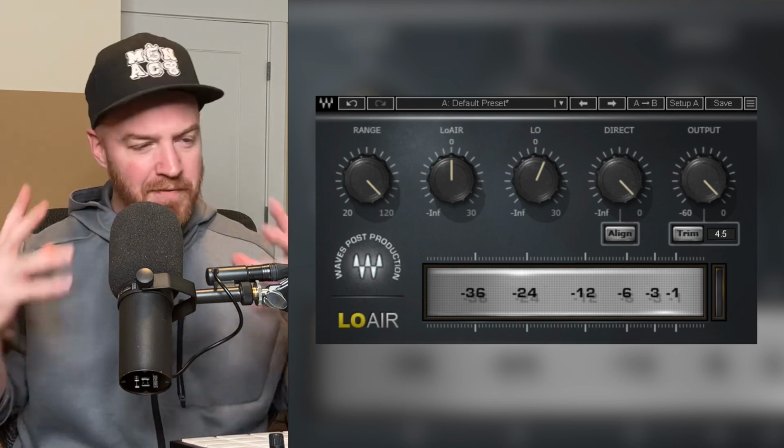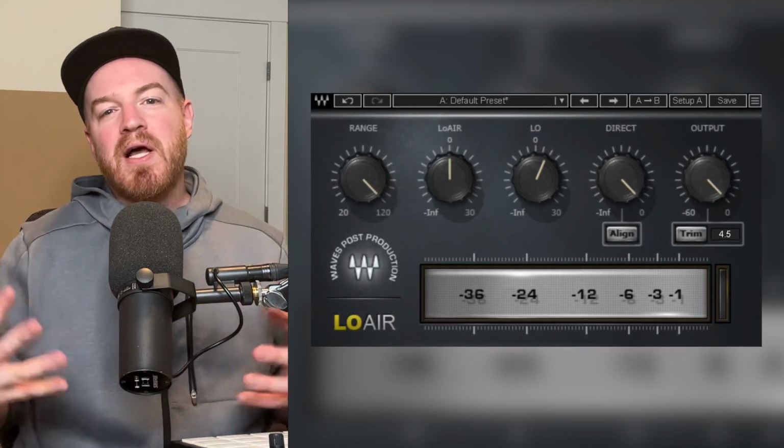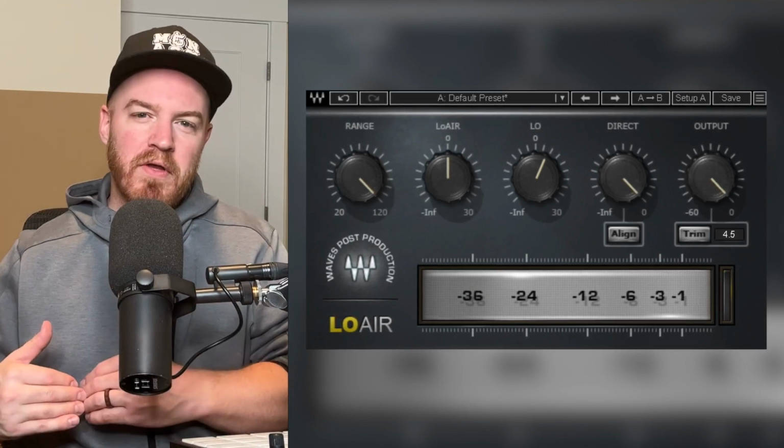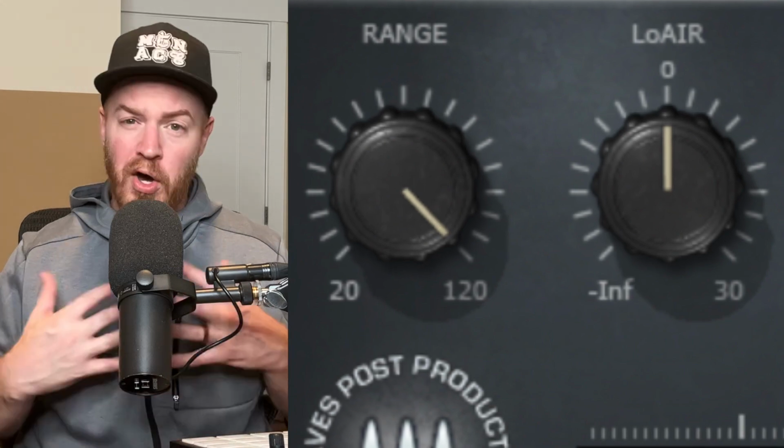So under the hood, what we have going on here is subharmonic synthesis, meaning it's a plugin that is generating a frequency an octave lower than the frequency that you select. So with the range knob, where this white line is, whatever frequency is selected, in this case 120, this plugin is generating a frequency an octave below 120, which would be 60. So now we have a 60 hertz frequency generated, now prominent, standing loud and proud amongst all the other frequencies,